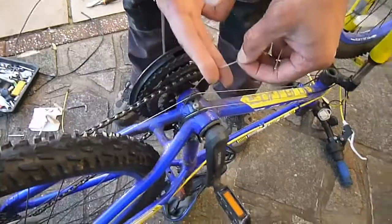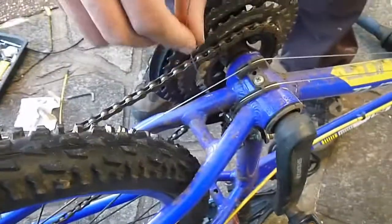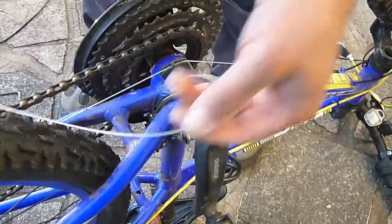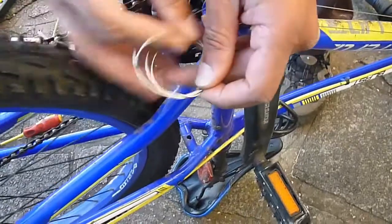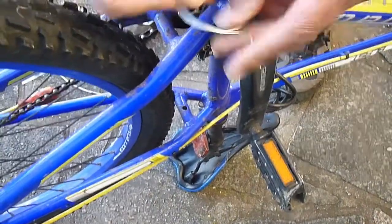Normally what I do is I'd cut the cable. I say normally, I haven't done this for donkey's years. And then there's a little bit that goes on the end of the cable, and you crimp it on to stop it fraying. But I haven't got any of those at the moment, so what I'm going to do just for now, just as a temporary thing, is twist all this up like this and sort of feed it on itself. And then when we go down to the bike shop, I'll pick up some of those little cable ends just to